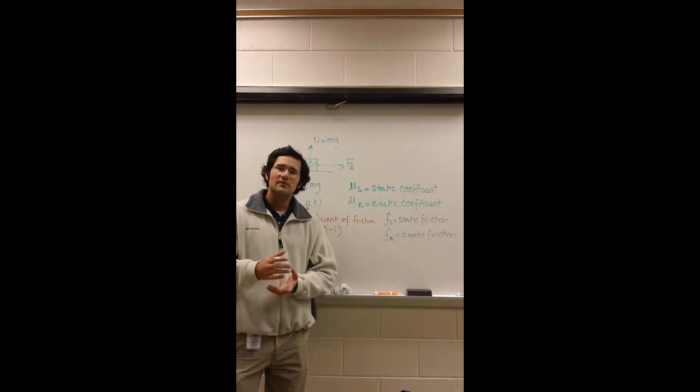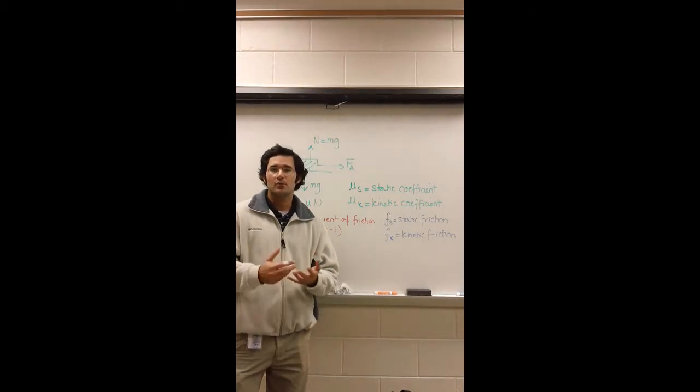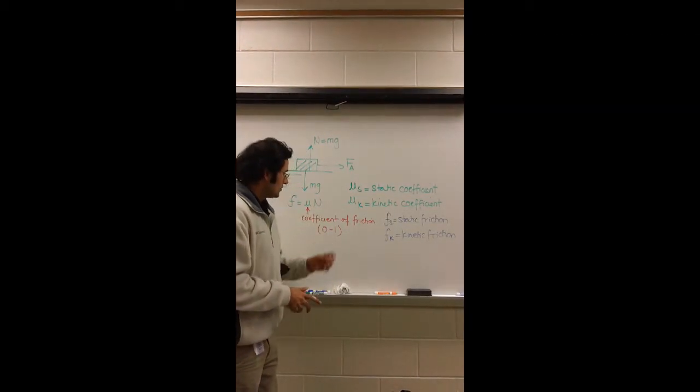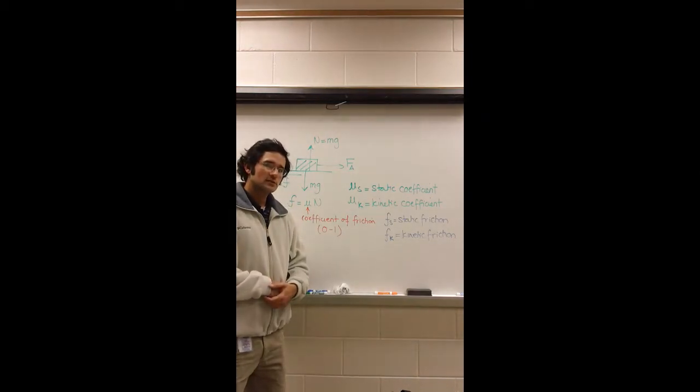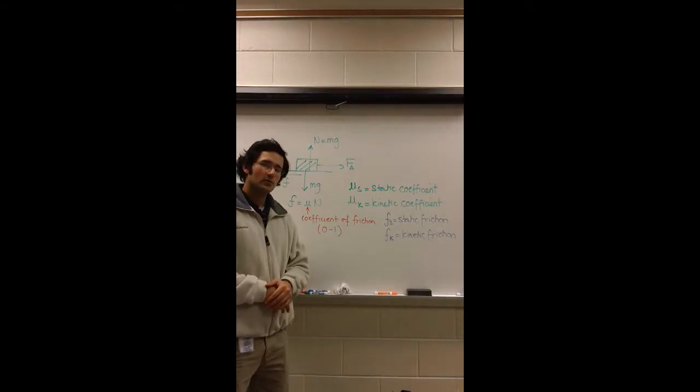But if it gets to be a rougher surface, like sandpaper or gravel, then the coefficient of friction increases and it gets closer to 1, 0.8, 0.85, 0.9. So you do need to know the coefficient of friction, which tells you about the material you're sliding on, and then you need to know the normal force.